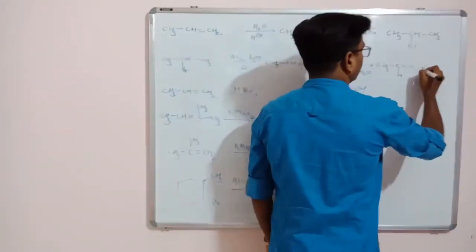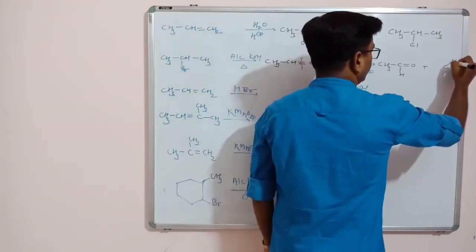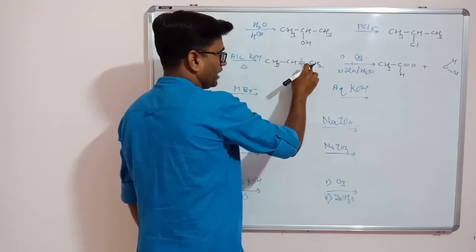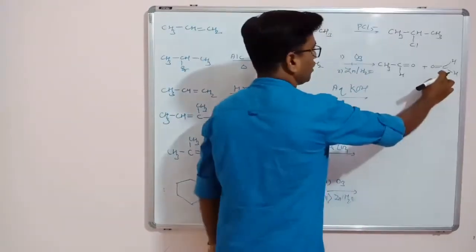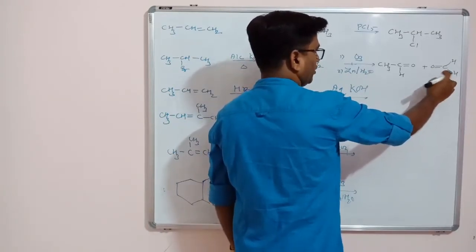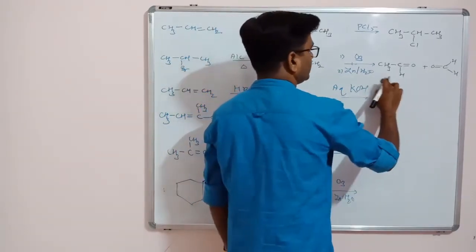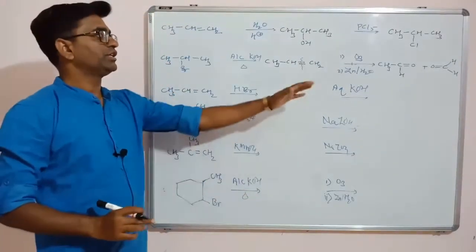So the second product, here CH2. So C, these are the two H. Instead of carbon-carbon double bond you should write carbon-oxygen double bond. So the product is formaldehyde. The name of this aldehyde is formaldehyde, or you can say methanal because only one carbon. This is ethanal, or you can say acetaldehyde also. So two products you will get.